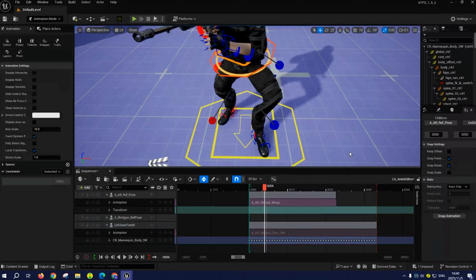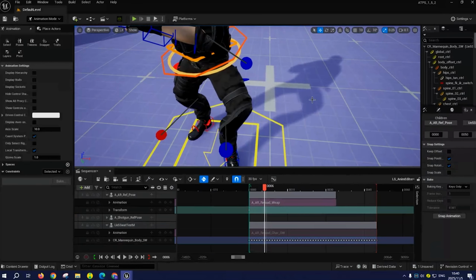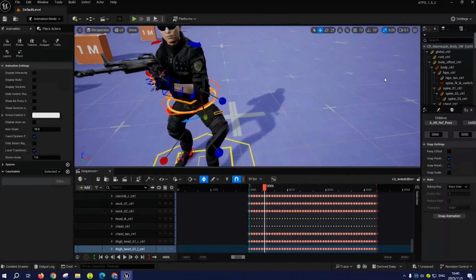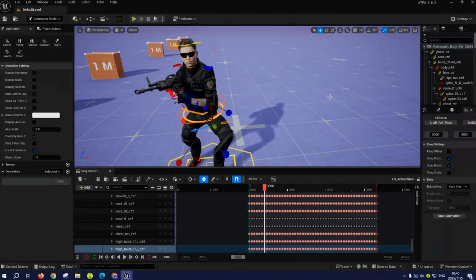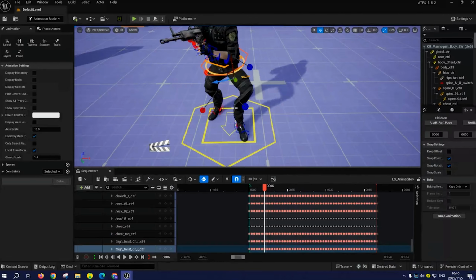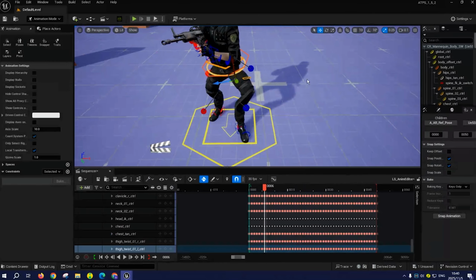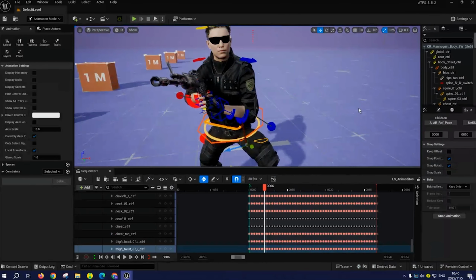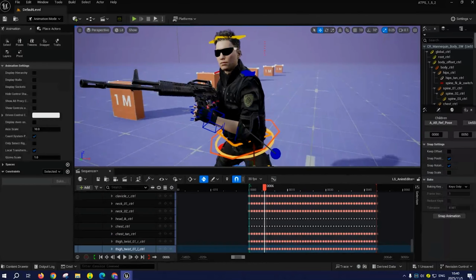But how do we modify this animation the best? Okay, so this is not ideal. I just did this and, yeah, I do need to think about this for now. First of all, the lower part of the body shouldn't matter at all because it's being overridden in the layer blend per bone node. So the lower body animation won't ever play at all. So this part really doesn't matter. All we need to worry about is the upper body animations. If we just focus on this part,